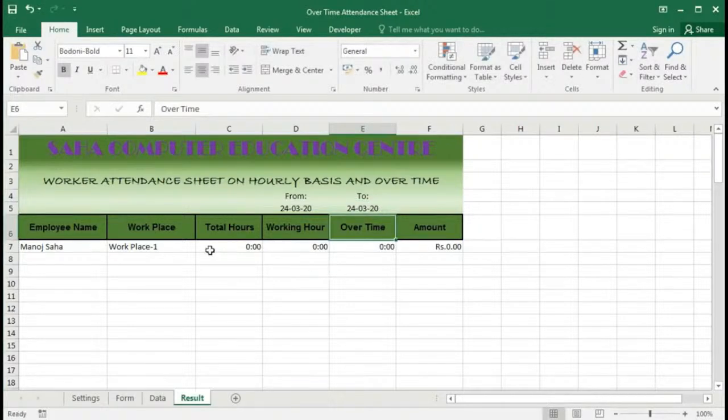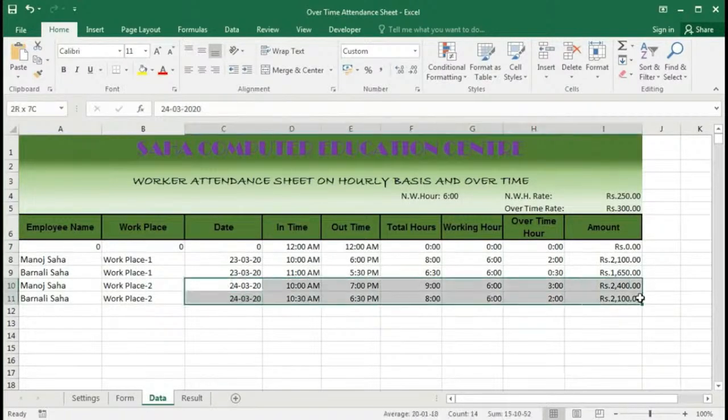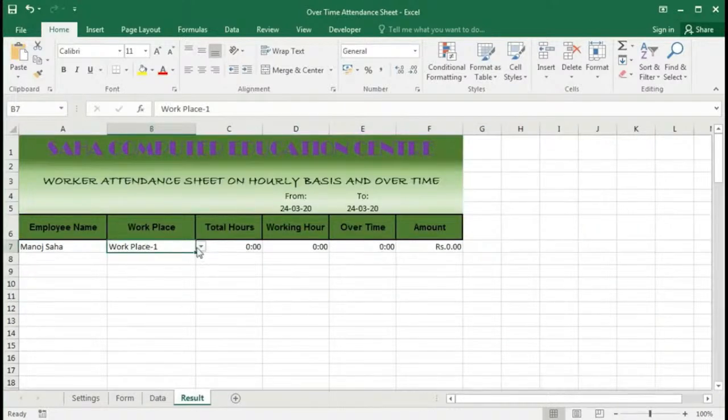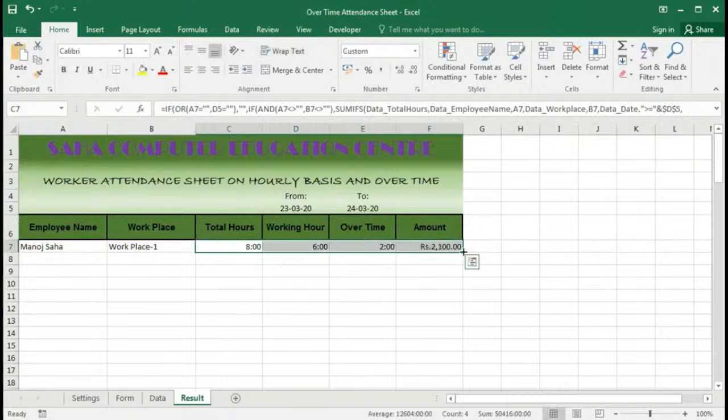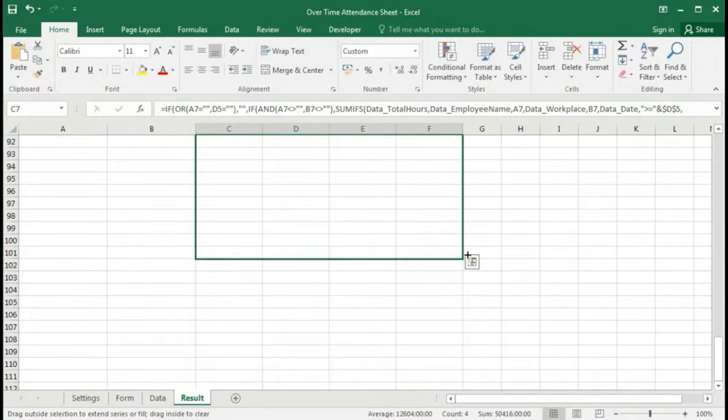So we are not getting any result. Here we can see that on the 24th there is only workplace 2, there is no workplace 1, so it is giving 0. So let's give 23rd March 2020 again. Now we got the value of Manoj Saha. Now we can drag this formula up to wherever you want. I am giving up to row number 100,